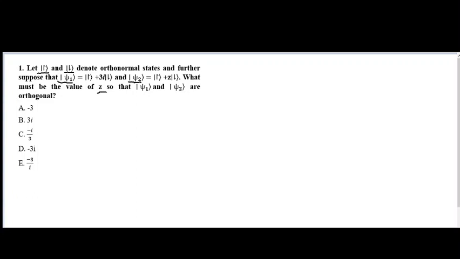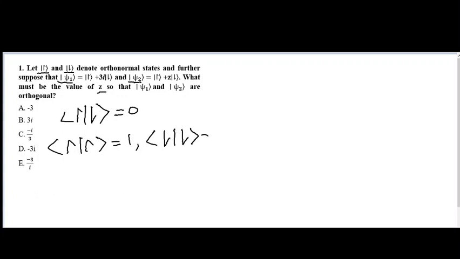We will start by defining orthonormal states. Two states are orthonormal if the inner product of one state with the other state is 0. That is, if we take the inner product of up state with this down state, we will get the answer 0. And if we take the inner product of up state with itself, we have the answer 1. Similarly, if we take the inner product of down state with down state, we will get 1. So by up and down states being orthonormal to each other, it means that they are satisfying these properties.